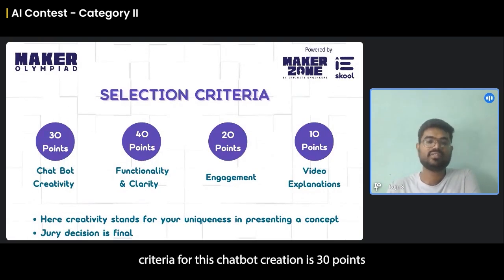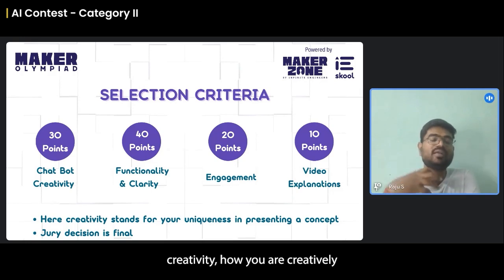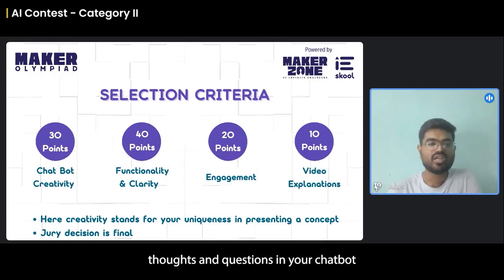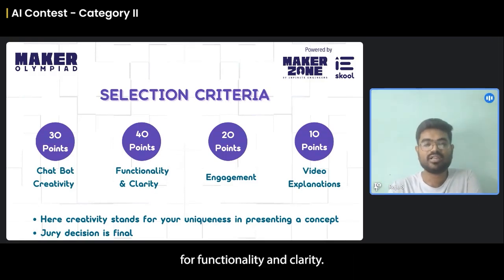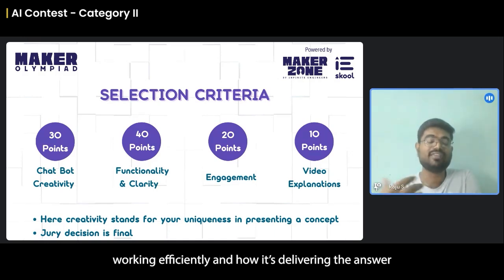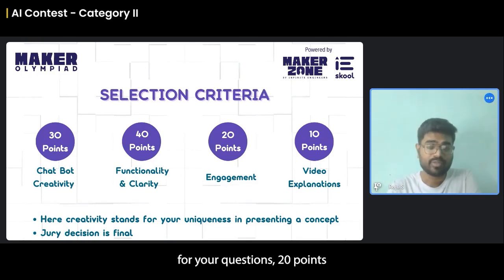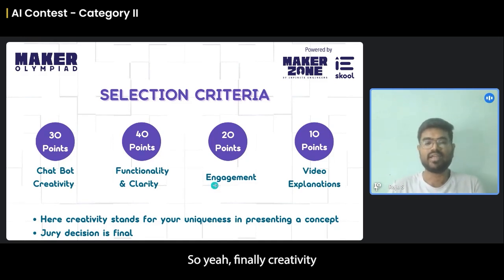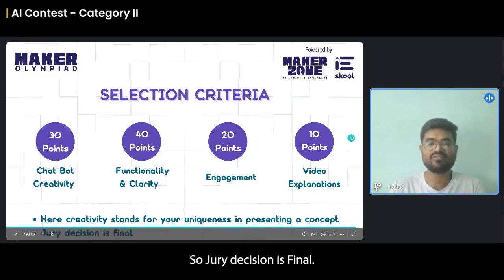The final selection criteria for this chatbot creation is 30 points for chatbot creativity: how creatively you have added a lot of thoughts and questions in your chatbot. 40 points for functionality and clarity: how efficiently it works and how it delivers answers to your questions. 20 points for your chatbot engagement and 10 points for your video. Finally, creativity stands for your uniqueness and how you are presenting a concept. So the jury decision is